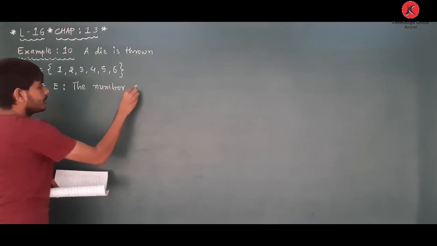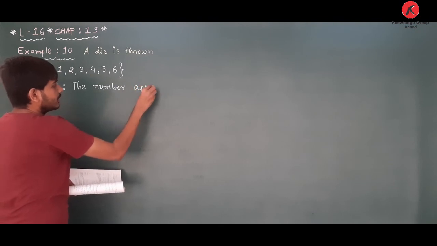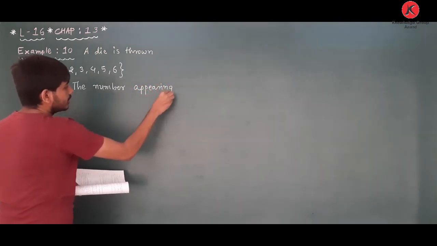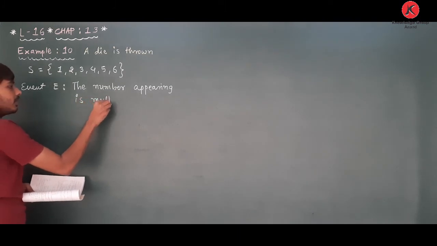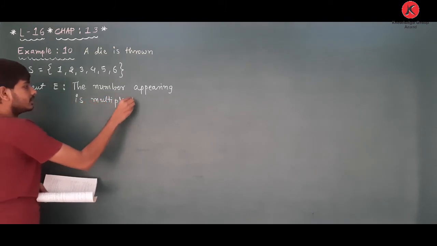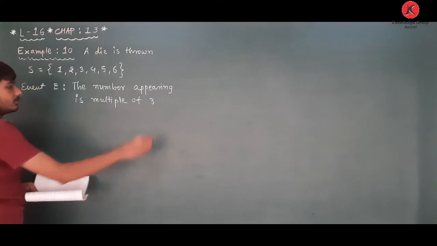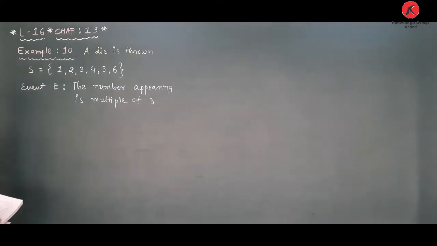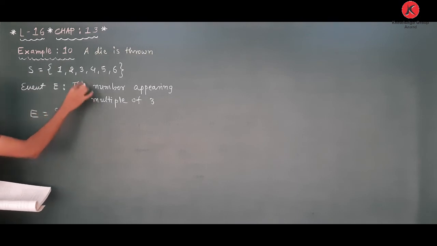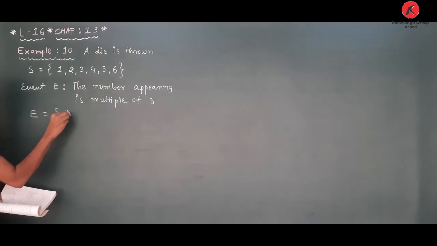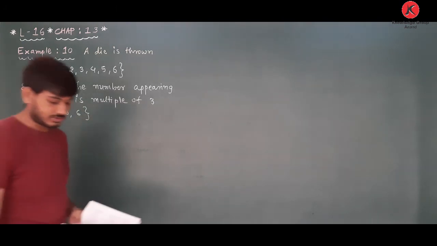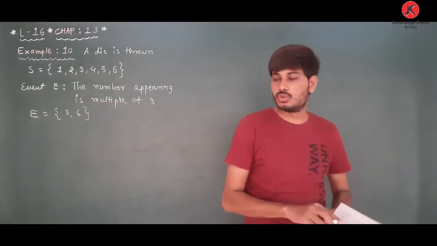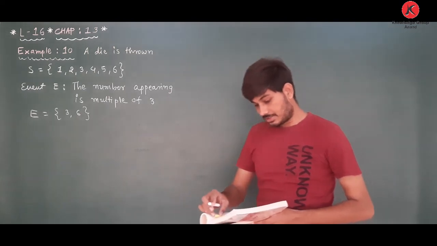The number appearing is a multiple of 3. So multiple of 3, that means we know that E has two outcomes, two numbers are there, 3 and 6. Two numbers are there, therefore E equals 3 and 6. Next,